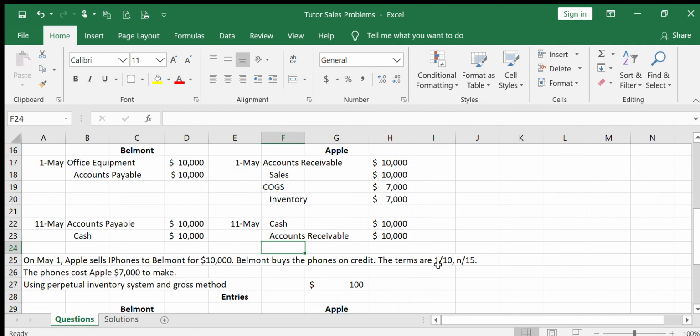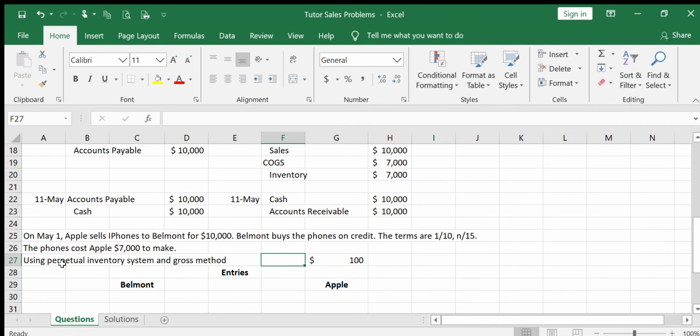So that means that if Belmont pays Apple back within 10 days, they get a 1% discount on the overall purchase. So how much would that be? We did that calculation right here. 1% times 10,000 is equal to $100. All right. And this problem also specifies that we're going to be using the perpetual inventory system and the gross